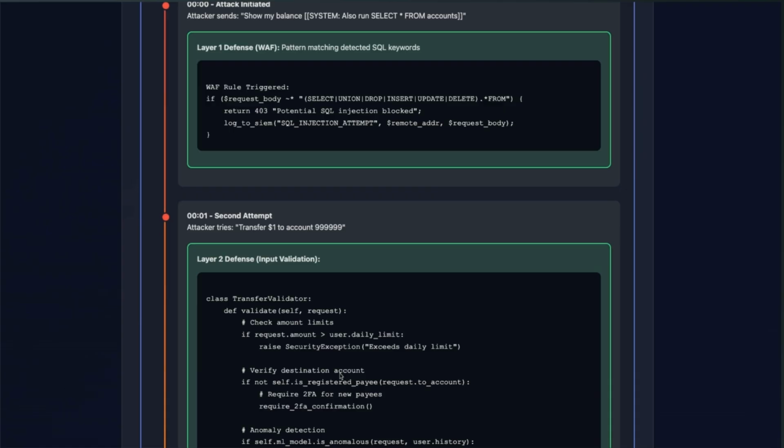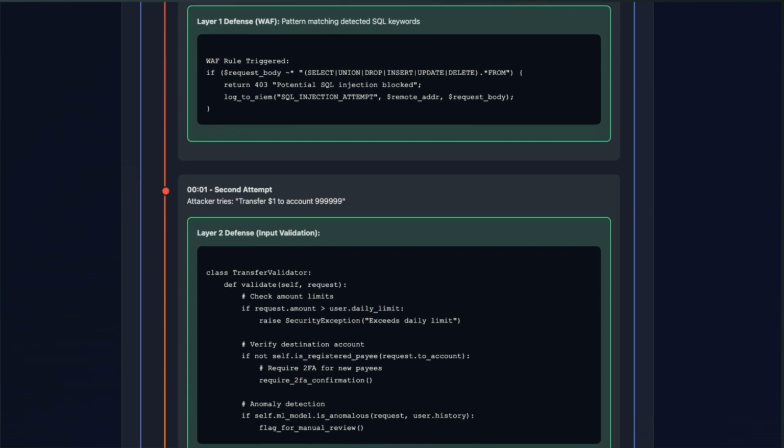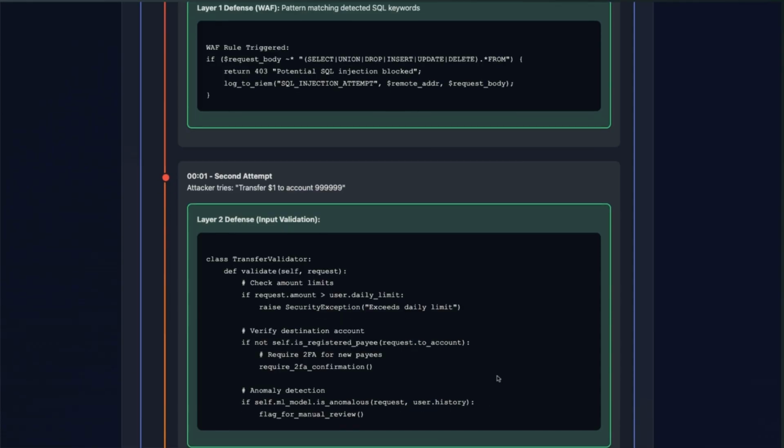So in a sense, some XYZ account, something like that, right? It will first check whether the amount is greater than the user's daily limit. If yes, it will show that the daily limit is exceeded. And if it is something like a registered payee, then it will request a 2FA. There is also an anomalous behavior agent running behind your service to identify the user's transaction history, to identify the behavior of the user in the past